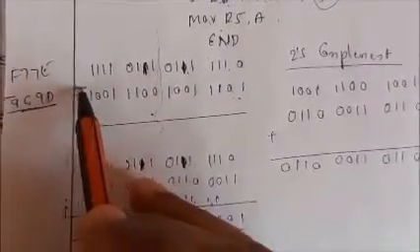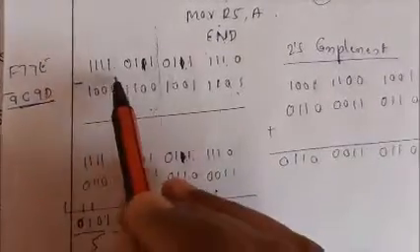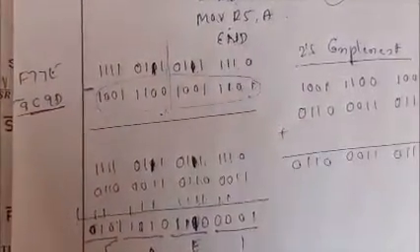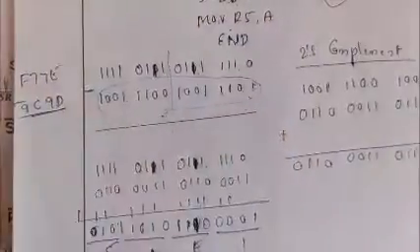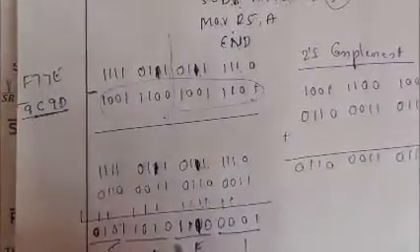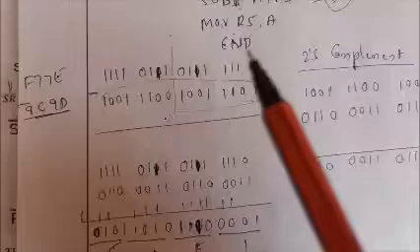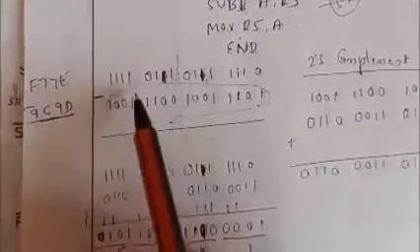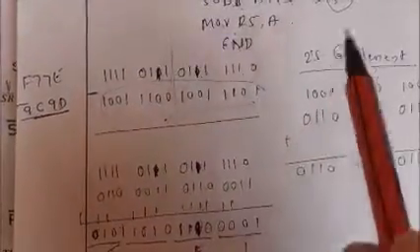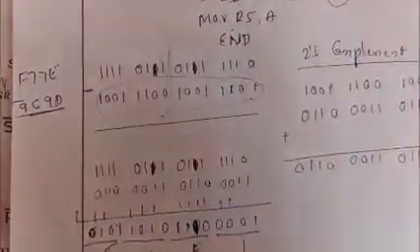Here I am performing the minus. Is it clear? Minus is nothing but the negative number, so completely the second number is the negative number. Already in the previous class I said, when you are going to say a negative number, your system doesn't understand it. I need to give it in the 2's complement form. When you give the 2's complement, then only it will understand, okay, this is a negative number.